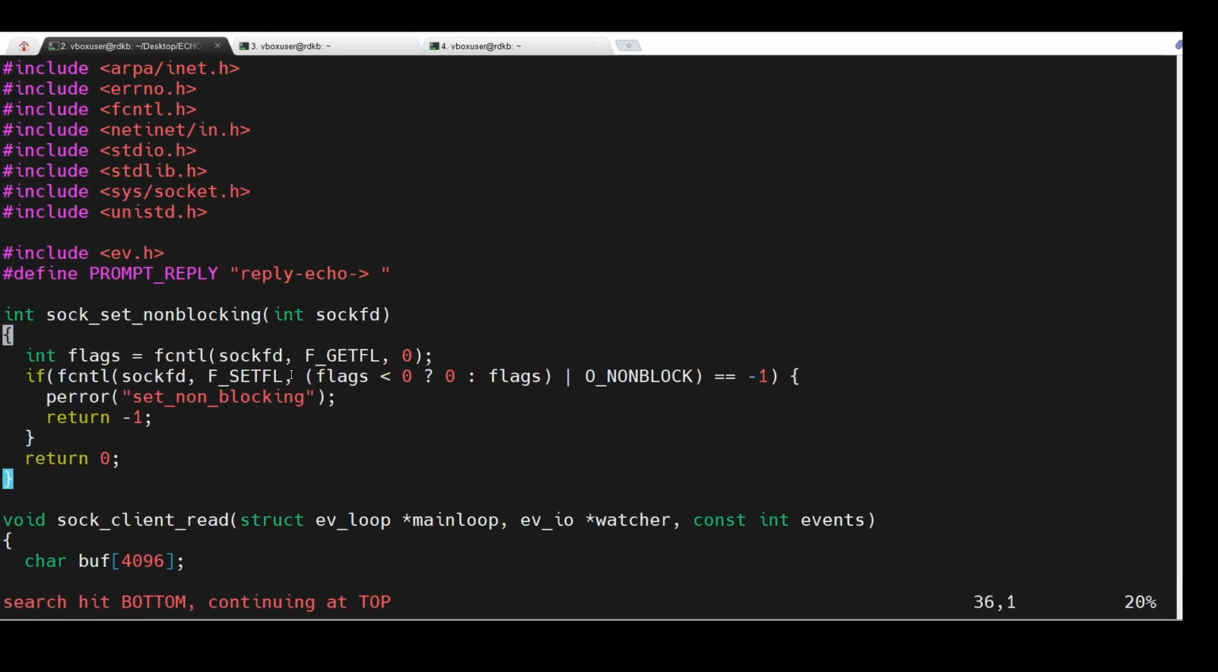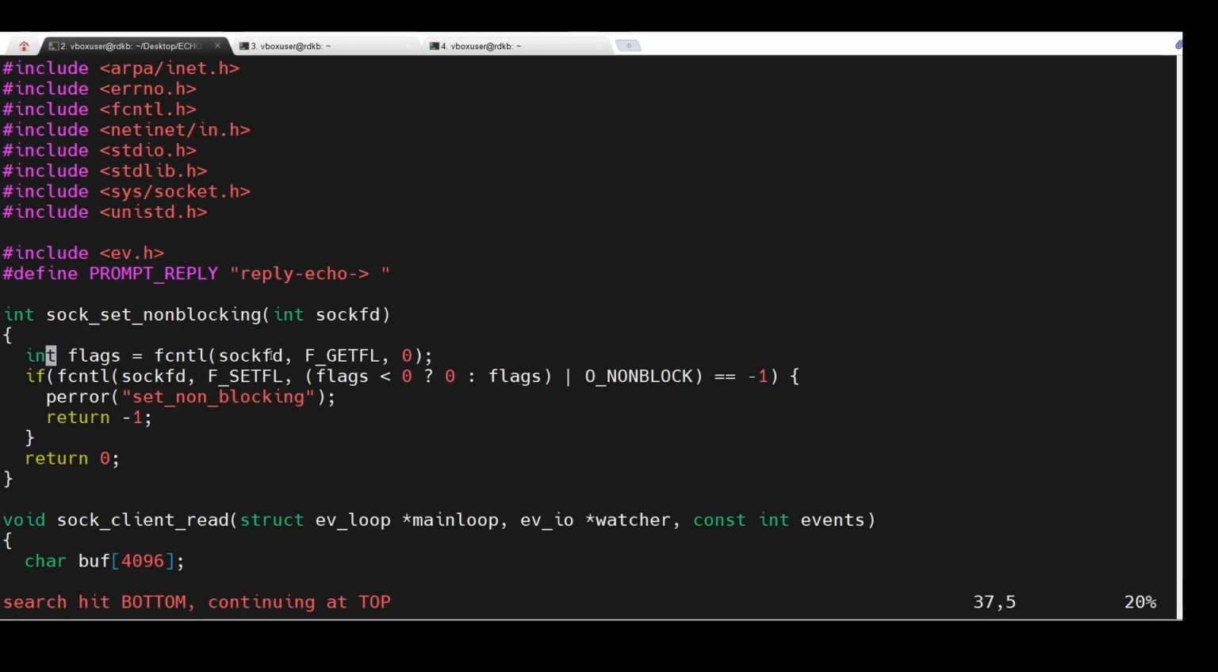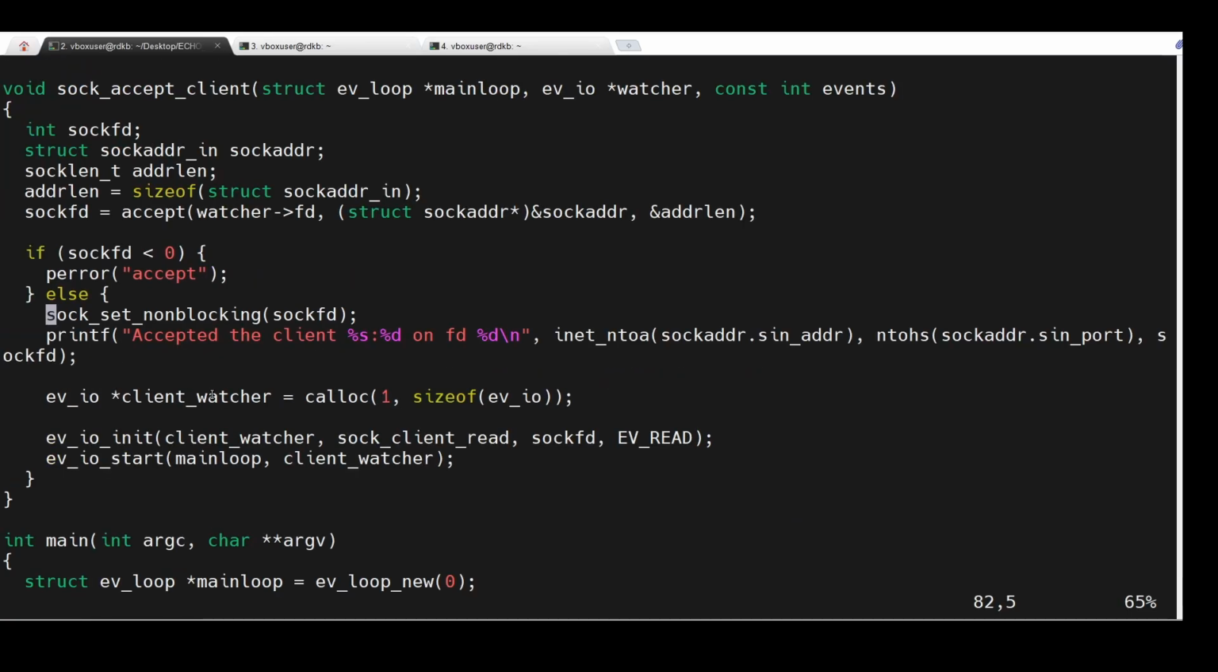If I quickly jump here, they are taking the socket FD. I am getting the flags, whatever is there. Then we use the fcntl call to make it non-blocking, and we are giving the flag O_NONBLOCK to make our socket FD non-blocking. Once this API is done, it will give 0 or -1. Depending on that, we will be going to the next call. And what is that next call? So we go back and